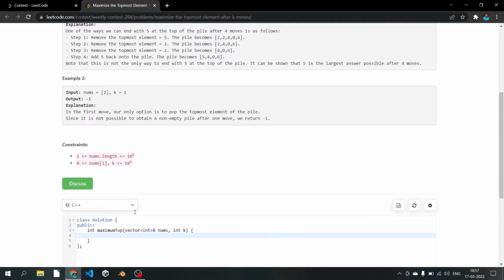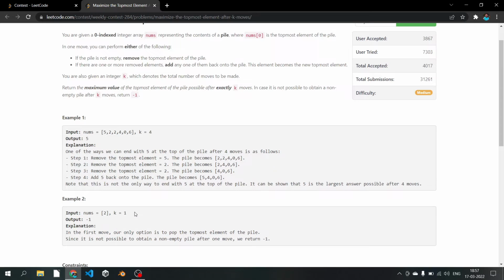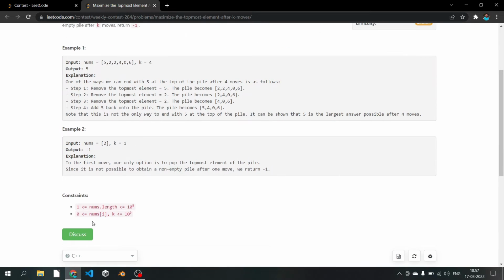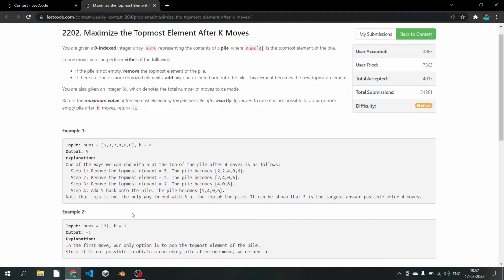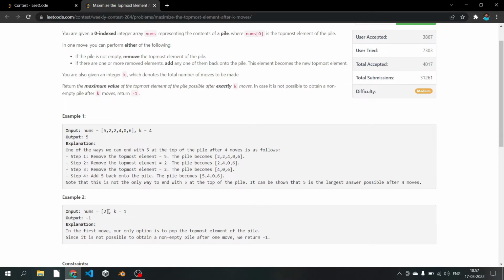So what we can do is create cases. If k equal to 0, it is given that k can also be 0, then we have to just print the first element of the array, because we cannot do anything. If k is odd and the nums array contains only one element,